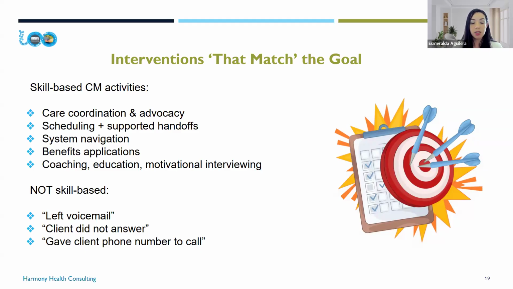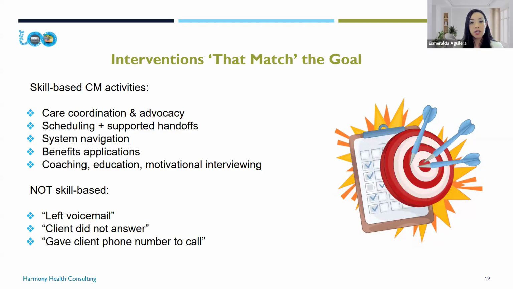So when we're documenting interventions, we want to show the value of the work that we're doing, meaning the actions that require the judgment calls, the coordination, the advocacy, the coaching that we do for our clients. So let's walk through some of the key categories of skill-based case management.